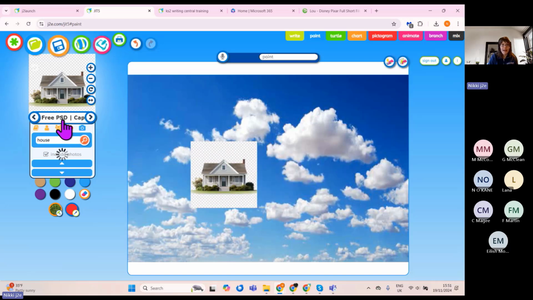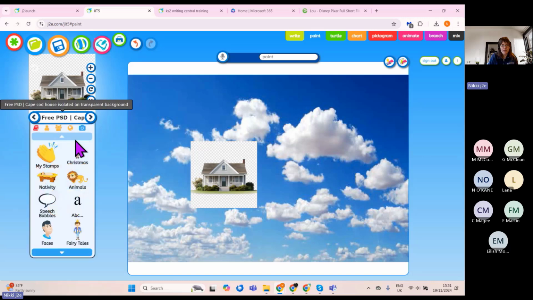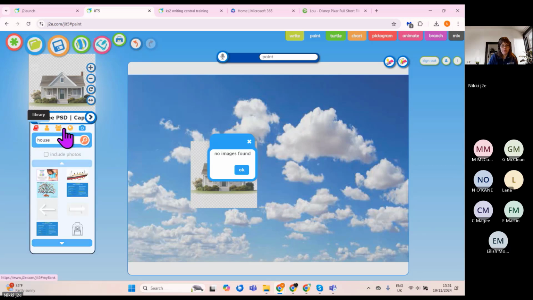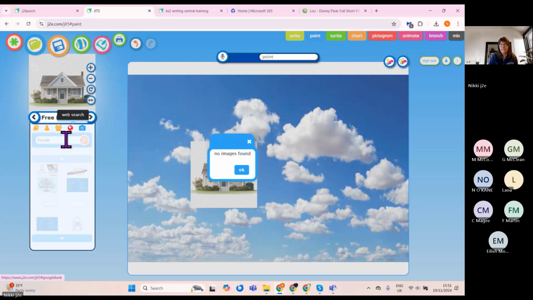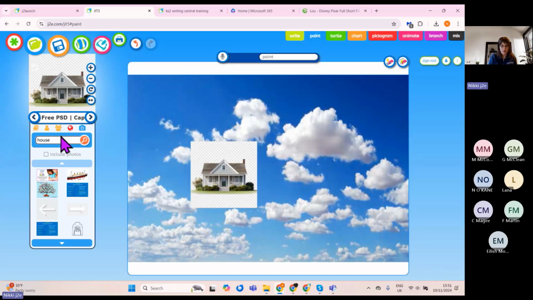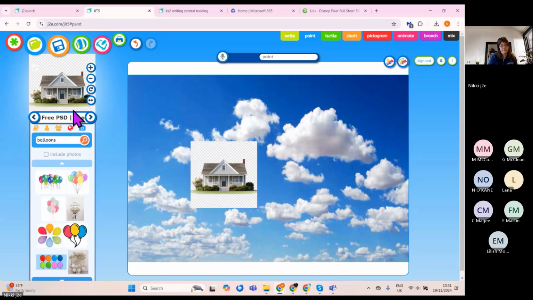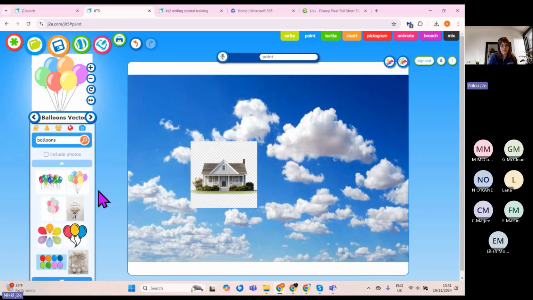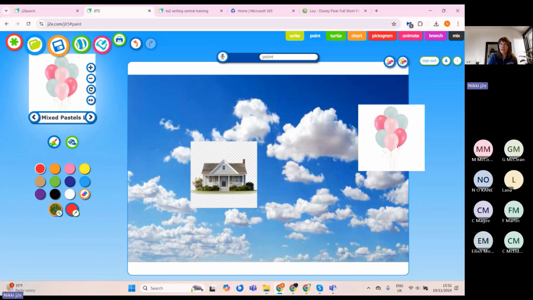There we go. So I'm going to stamp that on, and then I'm going to do the same for balloons. And let's hope that something comes up with balloons this time. Oh, I've completely broken it now. There we go, balloons. And that should have a transparent background. Let's try this one. This is not working. So what I'm going to do is I'm going to pretend it has worked,